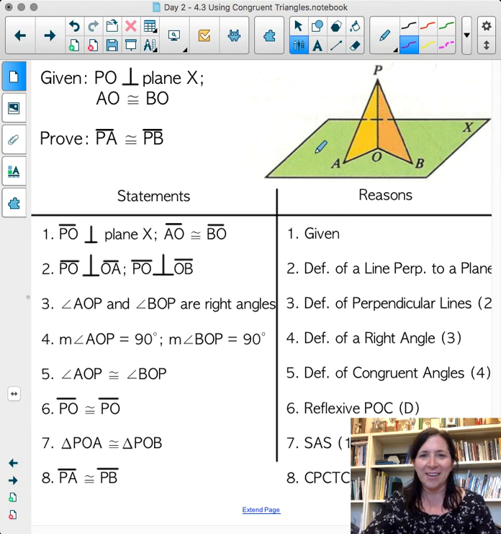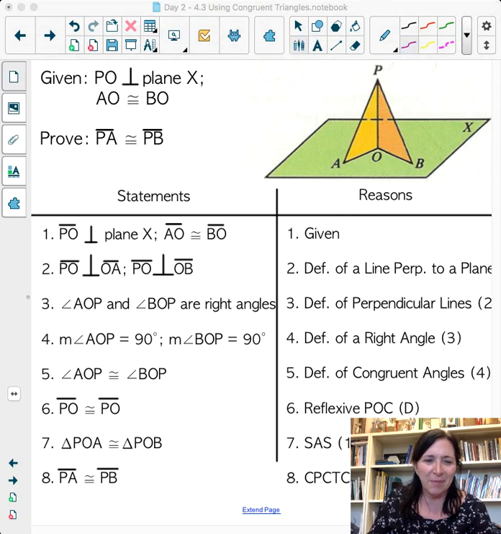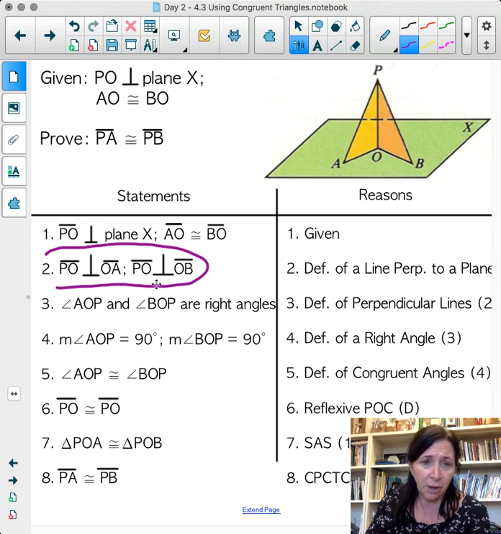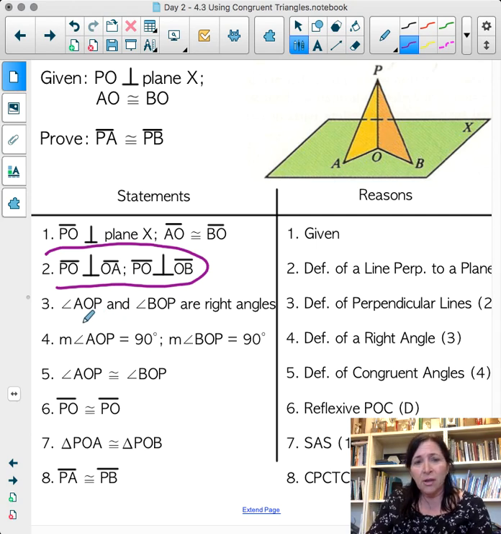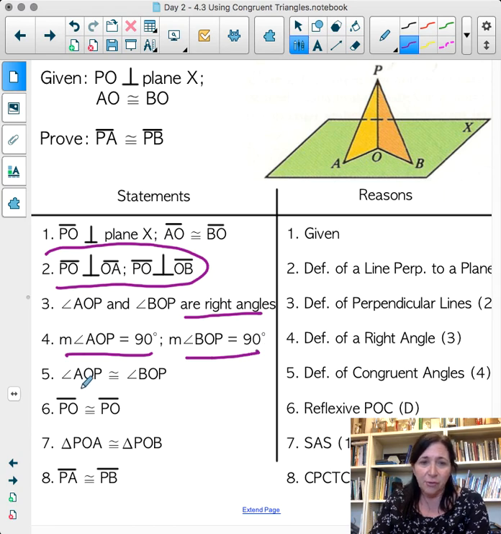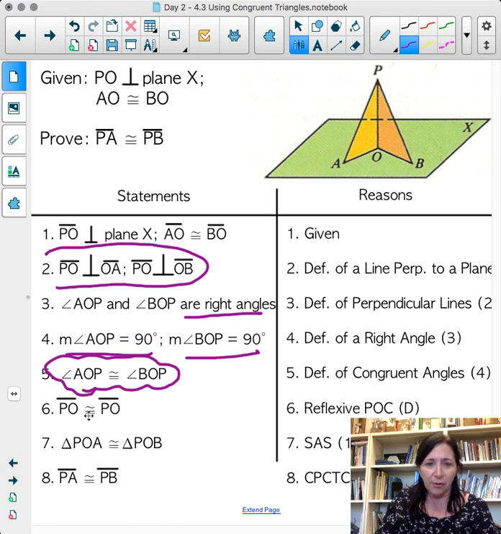All right, here we go. Now you're back. With this, I've written everything out. You have the given, and you do need to say that these two sides are perpendicular, because the definition of a line perpendicular to a plane states that PO is now perpendicular to AO and OB. You then know that they're right angles. Well, you say that the measures are 90 degrees. So once you have two 90-degree angles, you know that all right angles are congruent because they're 90 degrees. And so therefore,